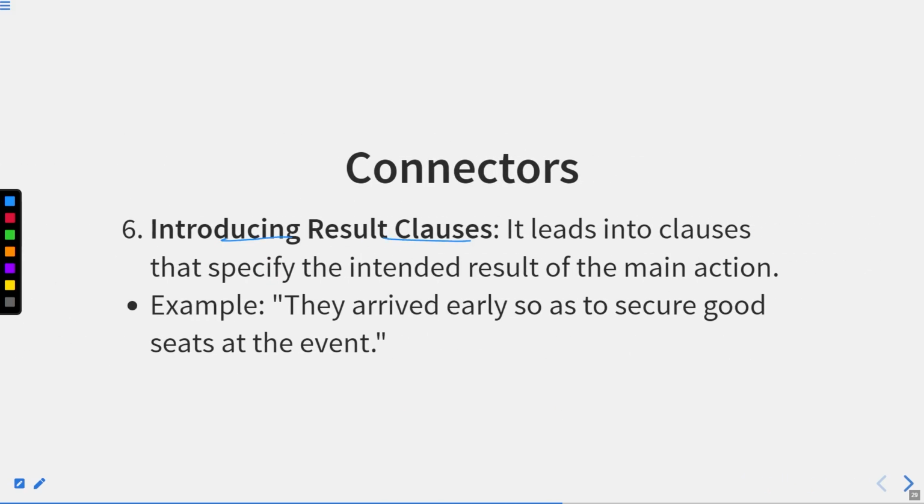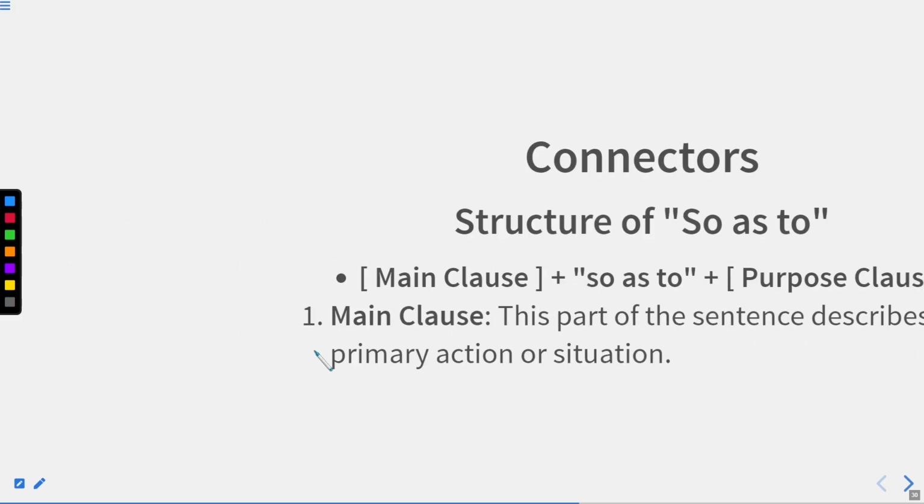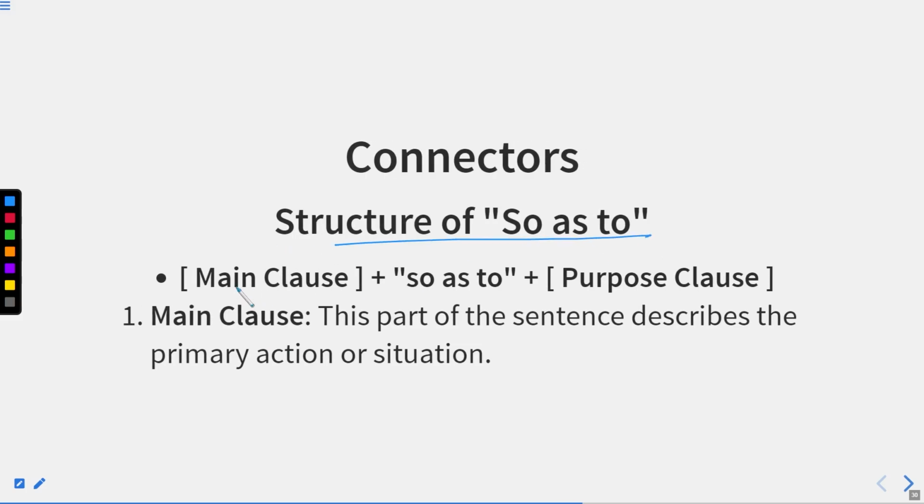Introducing result clauses, it leads into clauses that specify the intended result of the main action. For example, they arrived early so as to secure good seats at the event. Structure of so as to: first of all, we'll have the main clause, after that so as to, or the